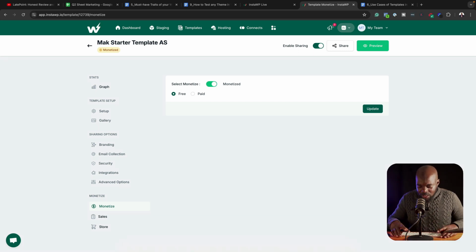Now, let me just give you an idea of how you would go about this. So let's say you are building a specific type of website. Maybe it's an e-commerce website. You can build a complete e-commerce website and then sell it as a template. So the person that purchases it just installs it on their account and makes a few changes, whether it's the logo, the colors, and so on, and pretty much they are good to go. This is a done for you service, which again can make you a lot of money if you utilize InstaWP's